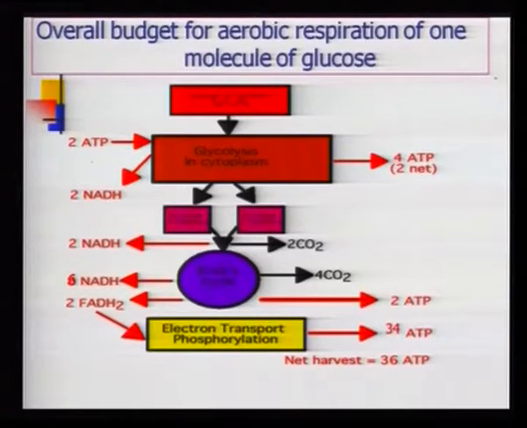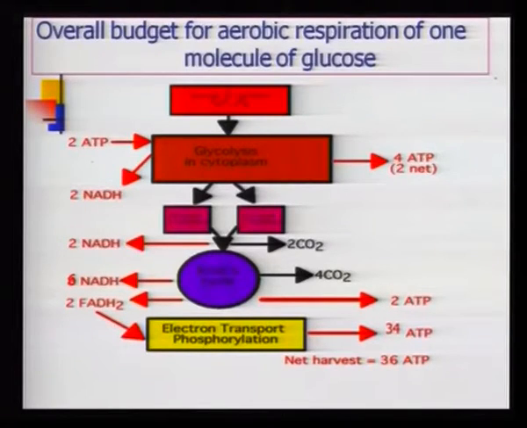ATPs. So, if we now calculate how many NADs are reduced in the process of glycolysis and Krebs cycle, you can see there are 10 NADs reduced and there are 2 FADs reduced. Calculate the number of ATPs. 10 into 3 is 30, 2 into 2 is 4. So, 34 ATPs on the electron transport chain directly, plus we had seen 2 ATPs as the net gain during glycolysis and 2 ATPs produced during Krebs cycle per glucose molecule,